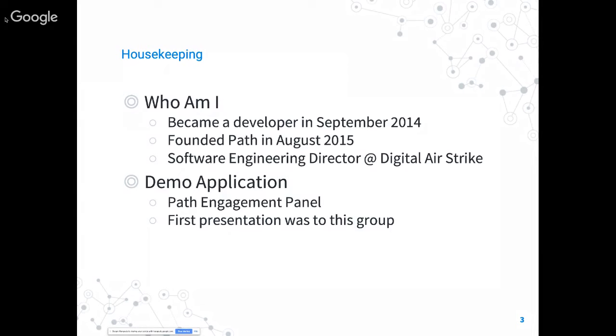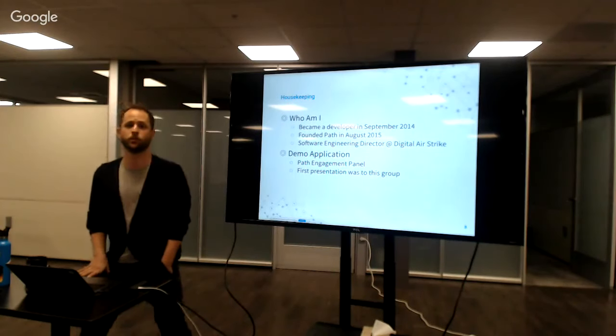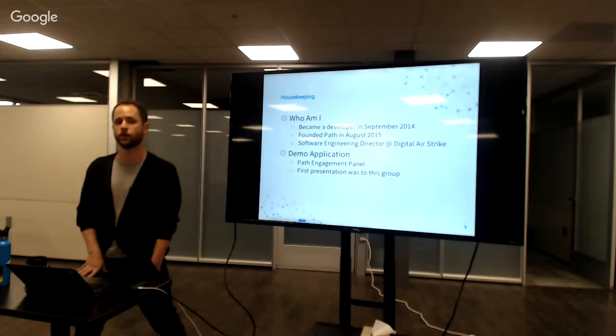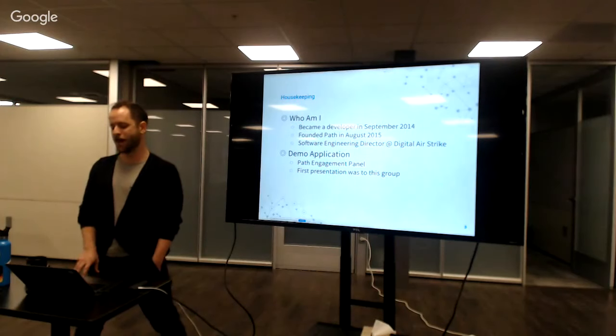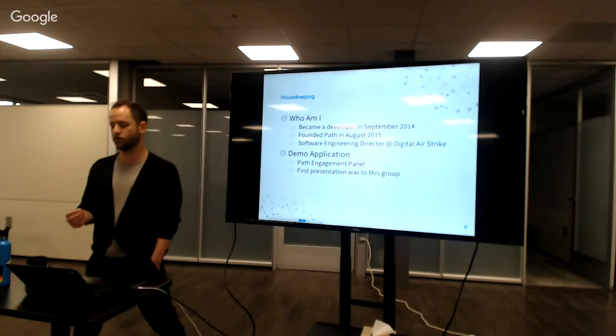And then I founded a startup here in Santa Barbara in 2015. The company was called AgePath, and then we pivoted a little and became just Path. It was an amazing journey. We were acquired last March, so almost a year ago today. Since then, I've been a software engineering director at Digital Airstrike, which is a digital marketing company based out of Scottsdale, Arizona. A really fun fact is the primary application that we developed, which was a chatbot system, was actually demoed to this group before it was released, like 2.5 years ago.